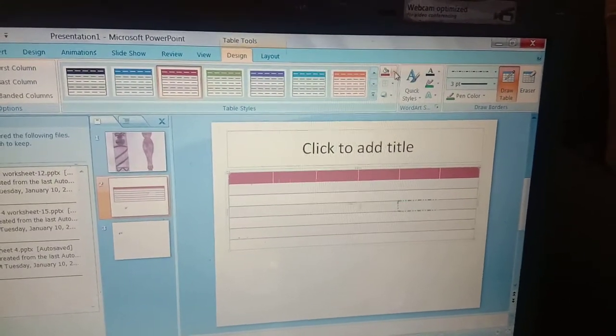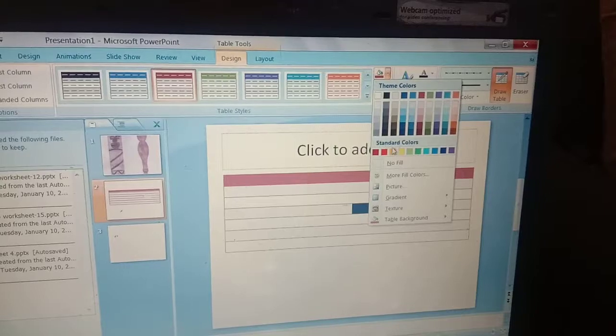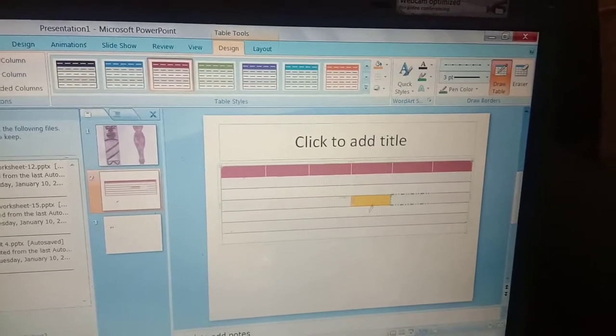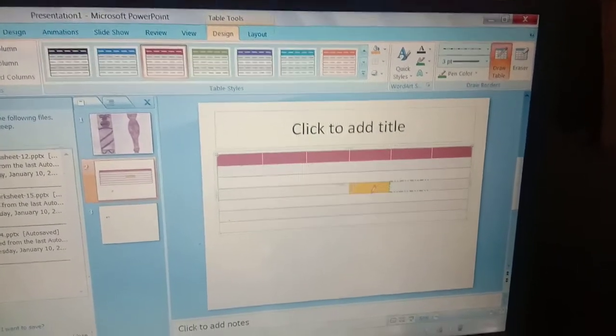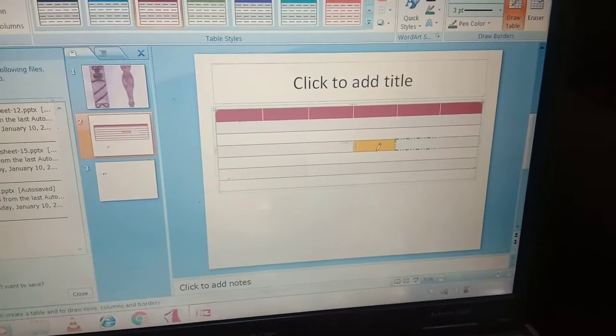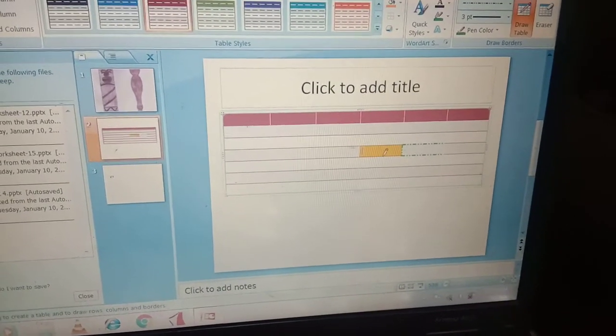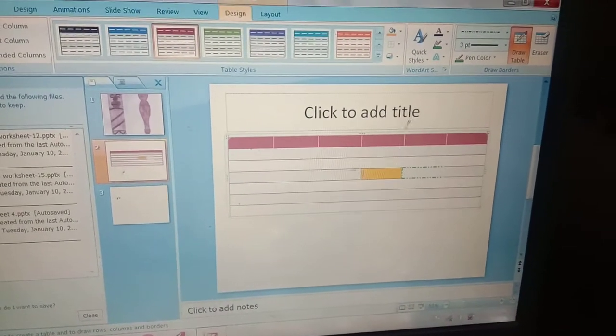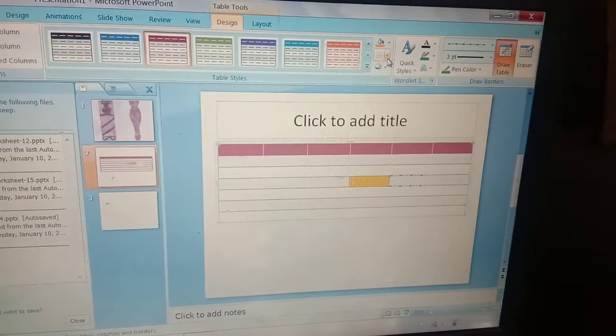Here is the fill color. Like I selected this, and now the fill color filled this cell with the yellow color. So this is the fill color option. Here are the borders.